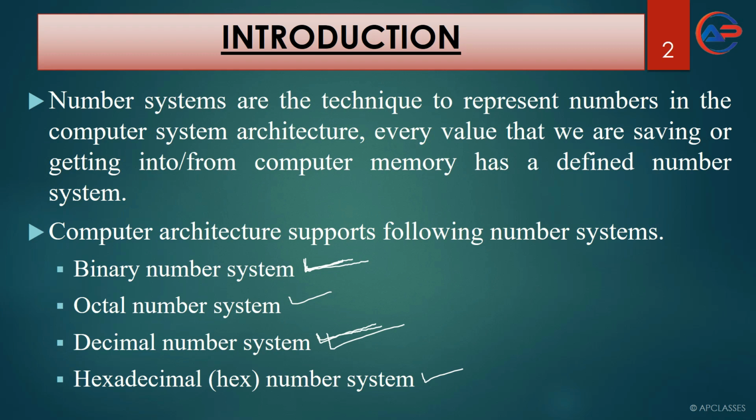Otherwise the processor, the CPU of the computer, is not going to understand what the programmer or the user has written. So when you write a program, the first thing to be done is to convert the whole program, or whatever you have written, into the binary number system, so that the computer can understand what exactly is written, what instructions are given, and based on the instructions the computer can work.